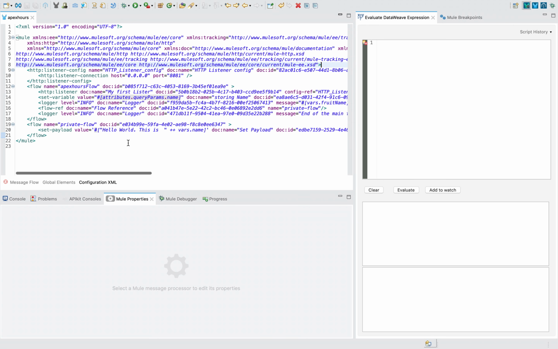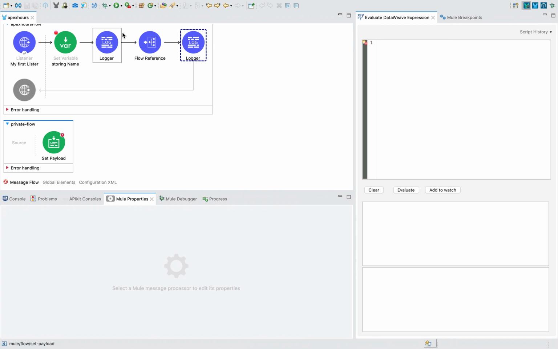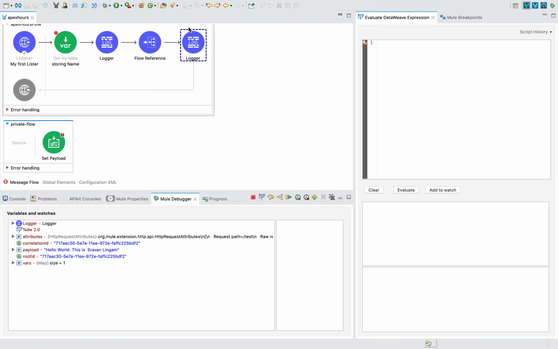Okay, so they will give you the XML part of this, like set variable. You can see set variable, attributes.queryParameters, everything is converted, and hello world ++ vars.name, they will give in the XML view also. And they will give this screenshot with a blue dotted line on the logger. They will ask a question like, at this point of time, what are the values of payload, variables and query parameter attribute